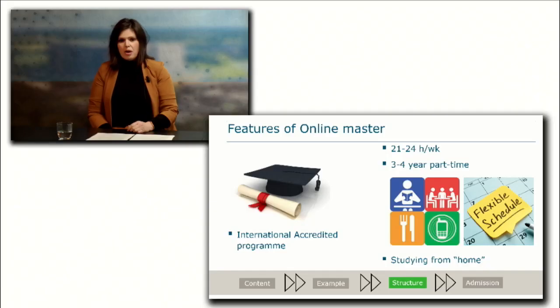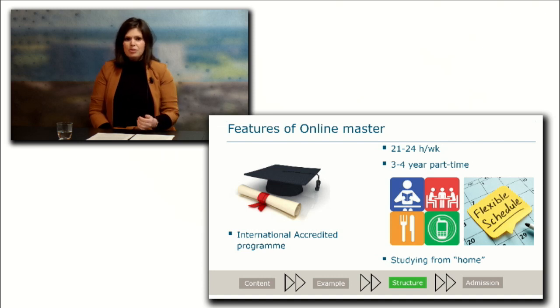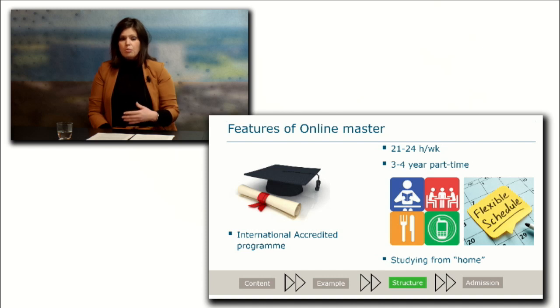And then Amanda will tell us more about the unique features of our program. Yes, so let's move to the structure of the program and the features of the program. So our master is an internationally accredited program, which means that after completion of the master, you earn a full master degree, which is equivalent to if you would have a master here on campus, which is full-time. So the master degree that you eventually get is equal and fully